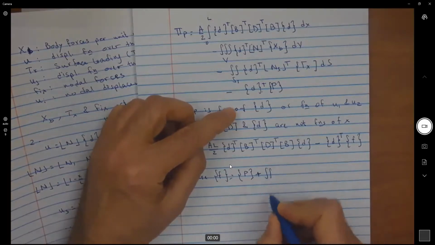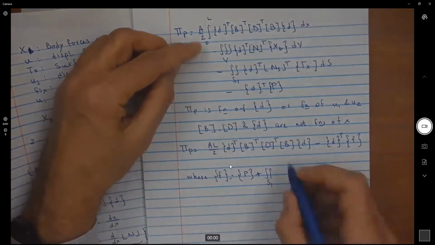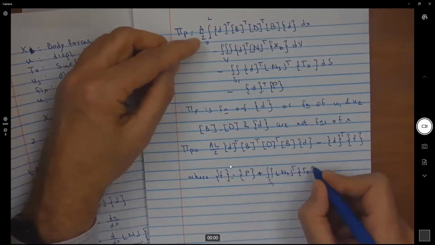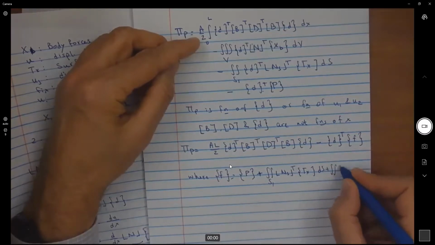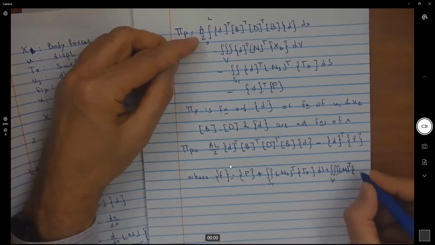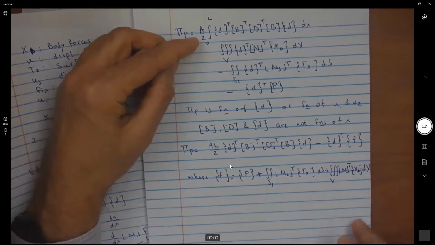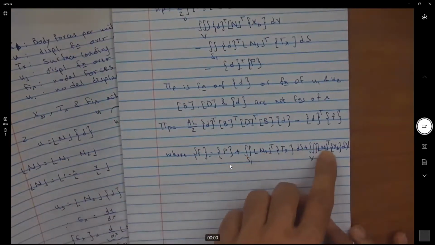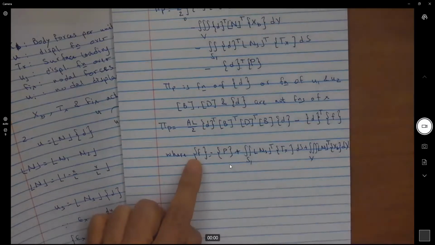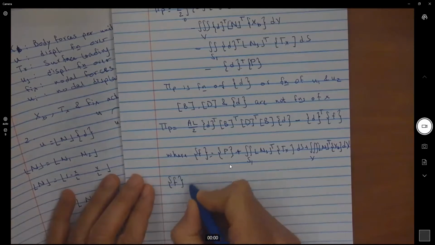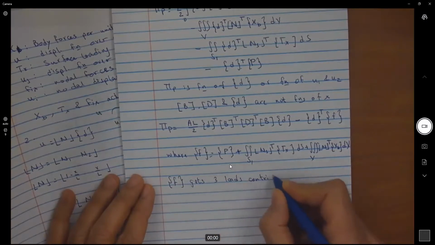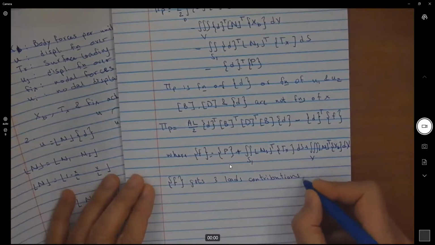plus the double integral over the surface S1 of NS transpose multiplied by Tx ds plus the triple integral over the volume of N transpose times XB dV. So in other words, I can take all the forces applied on the element and convert them to nodal forces F. So this F gets 3 load contributions, namely